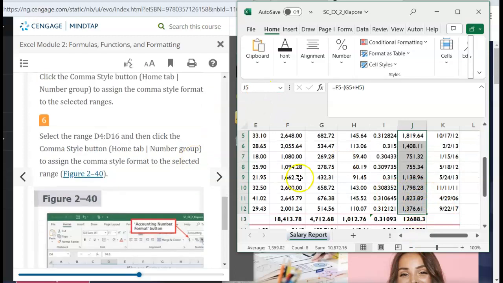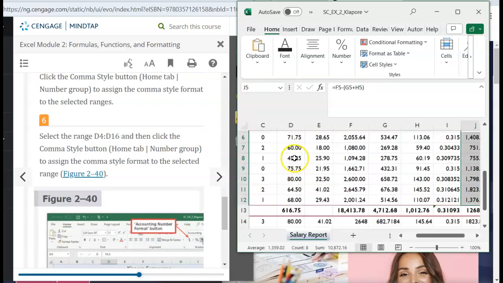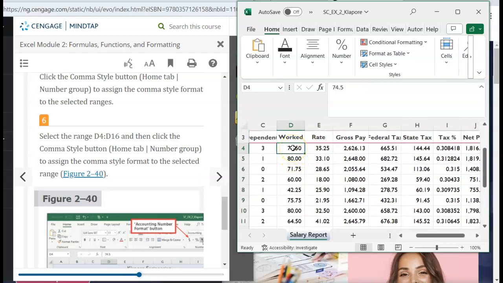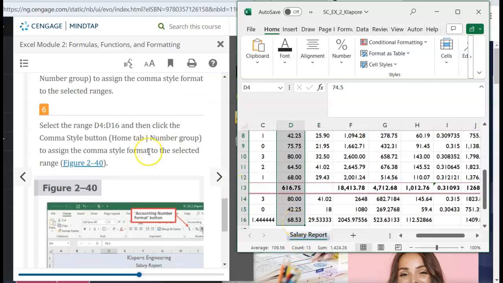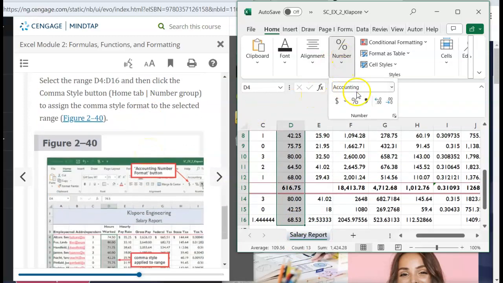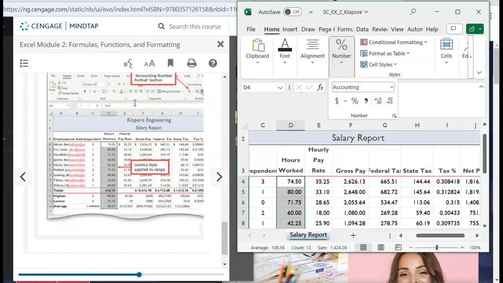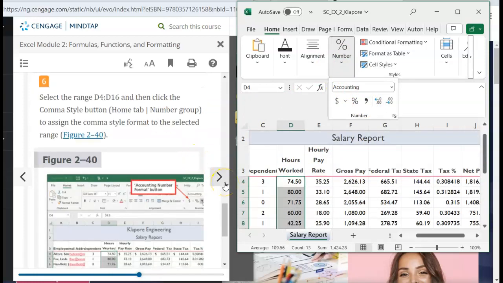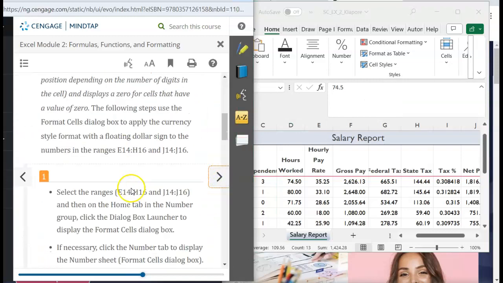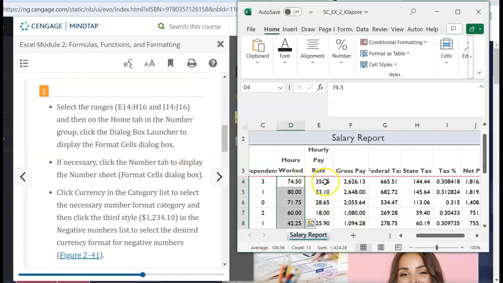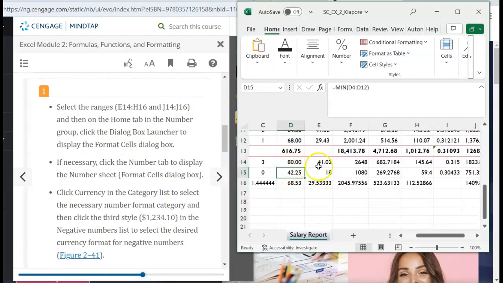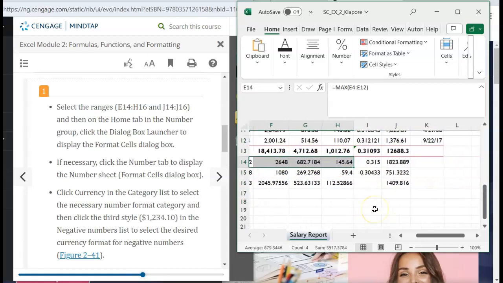Now we're going to select the range D4 from here all the way down to here. And we're going to do the comma. And if we've already done this, just disregard it. I'm trying to get back to where I was. Okay. So E14 through H14. E14 through H14. And then J14